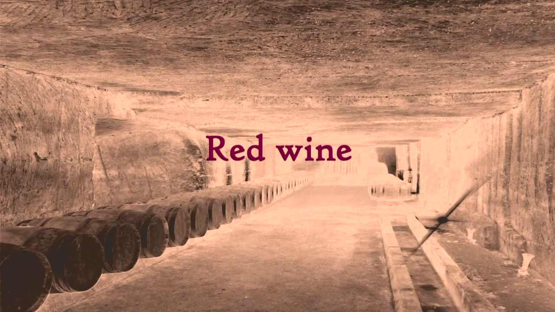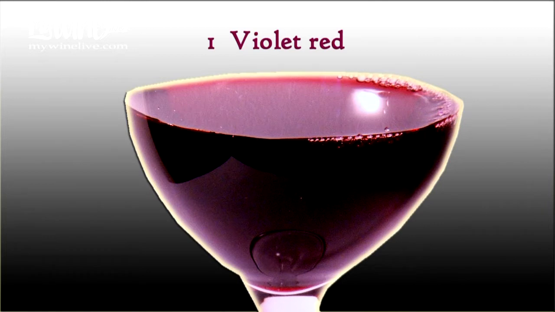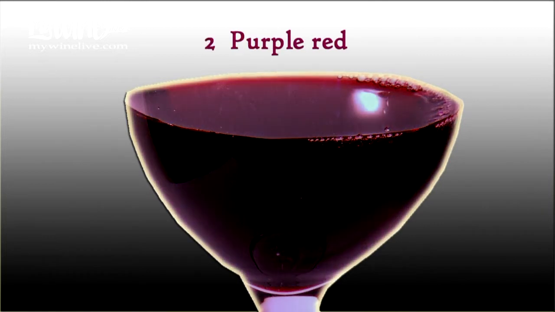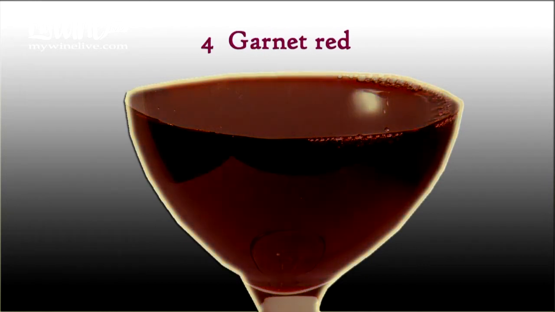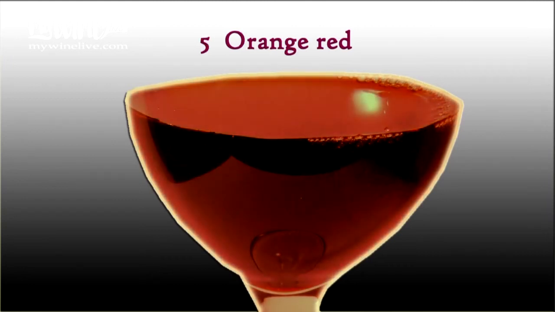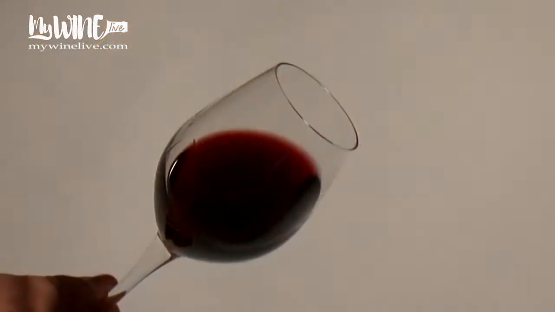Red wine. Value 1. Violet red. Value 2. Purple red. Value 3. Ruby red. Value 4. Garnet red. Value 5. Orange red. The color of a wine should be analyzed by tilting the glass at 45 degrees over